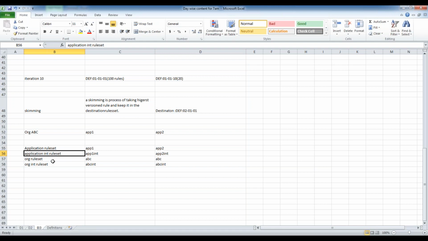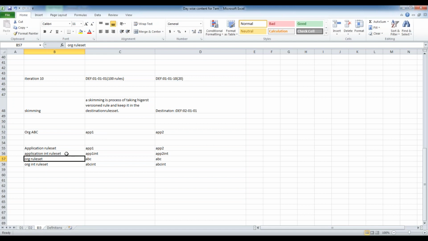So that is why the system is creating 4 rule sets. Where do we need them? Two rule sets are enough, right? Application or organization rule set. Again, to differentiate the normal rules from the integration rules, the system creates integration rule sets as well. If you are building any integration points, we don't want to store them in the generic rule set. I want to store those rules in the application integration rule sets.